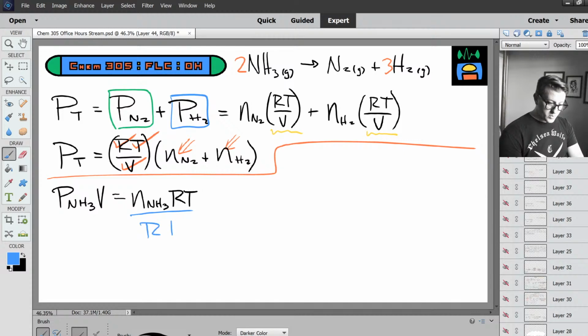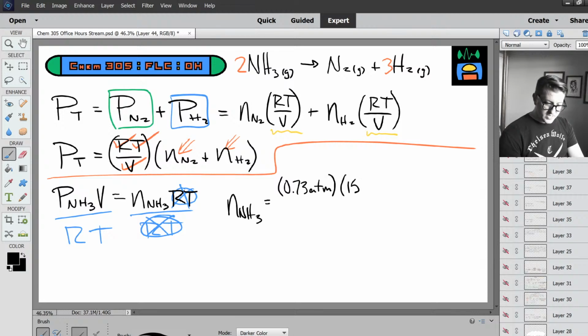We want to know what our moles of ammonia are so we can find our moles of N2 and H2. So moles of ammonia is equal to the pressure of ammonia, which we were given, 0.73 atm, times the volume, 15.0 liters, over R, which is always 0.0821 liter atmospheres per mole Kelvin, and then